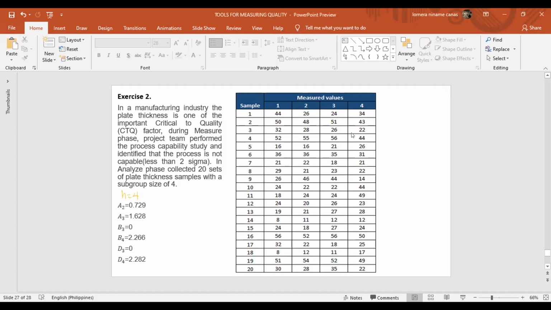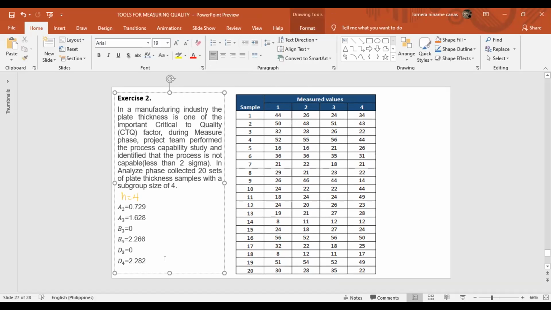Based on the value of our n, our constant factors are given here also. A2, which is 0.0729, A3, 1.628, B3 equals 0, B4, which is 2.266, B3 equals 0, and B4 equals 2.282. So on your paper,